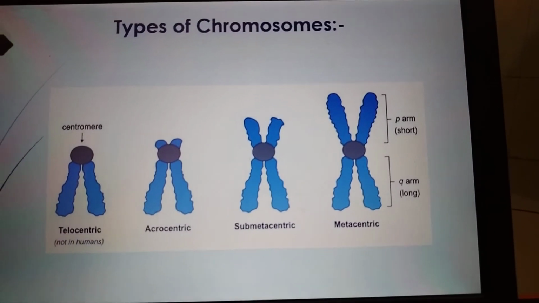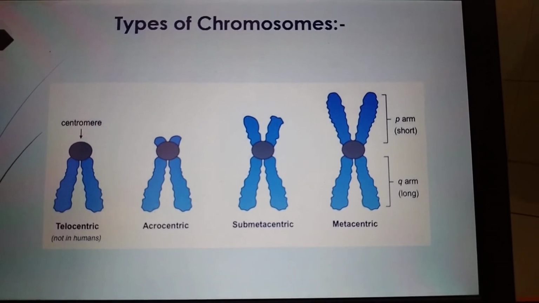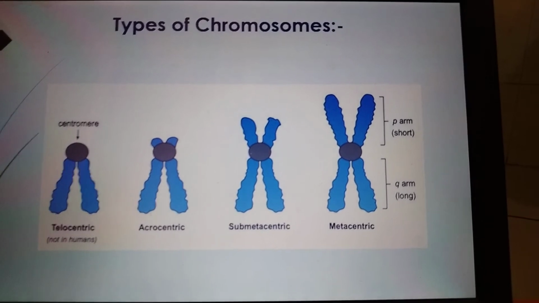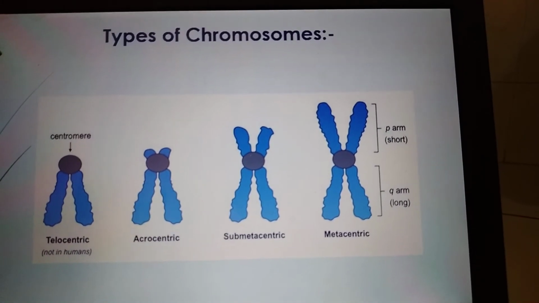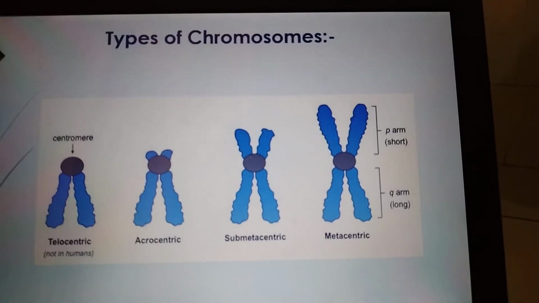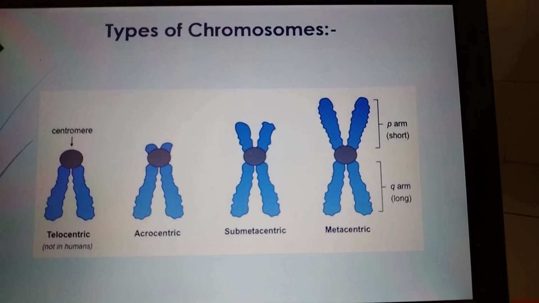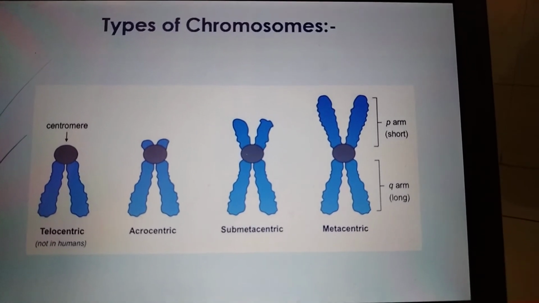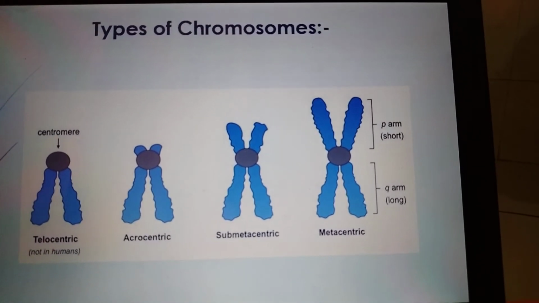In 9th, you might have heard about the types of chromosome, that is metacentric, submetacentric, acrocentric and telocentric. According to the position of the centromere, the shapes differ, so there are 4 different types of chromosome. Metacentric looks similar to a V shape. Submetacentric is an L shape. Acrocentric is a J, and telocentric is an I shape. So you have learned this in your 9th standard.